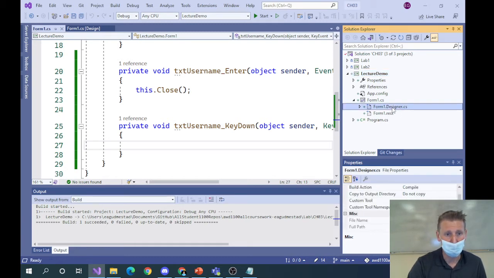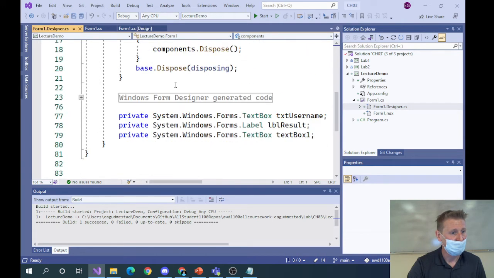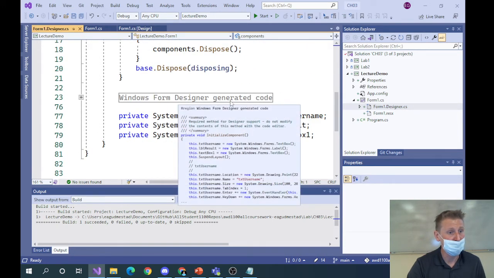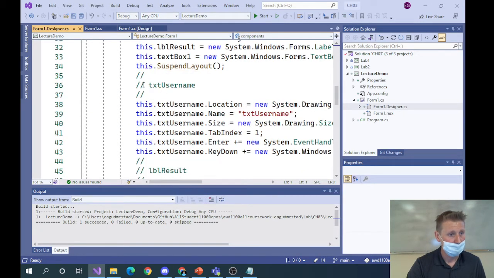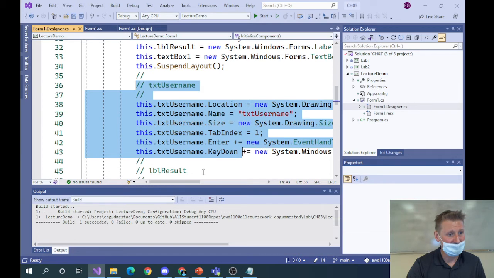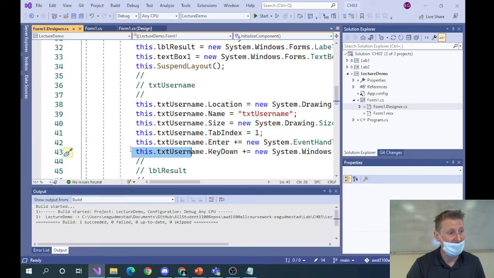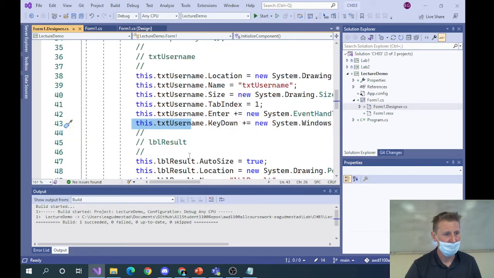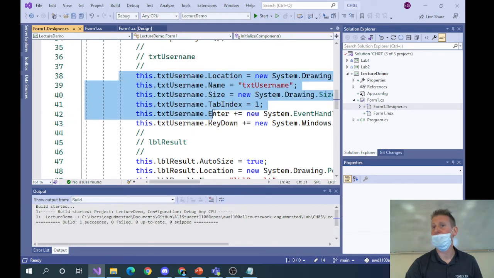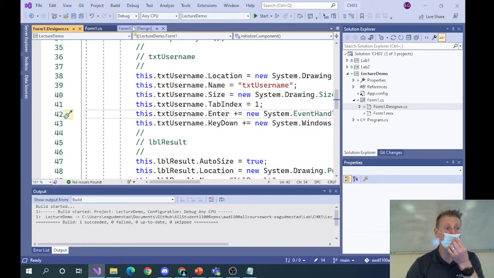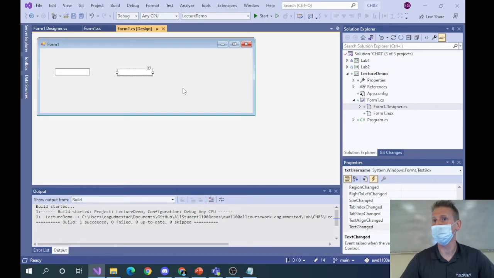If I click on this Form1.Designer and it says Windows Form Designer generated code, if I expand this out, I could see that on line 43, on the key down event, it says run the method called text username key down. Point being, there's a lot of auto-generated code for you. So when you generate an event, however you generate an event,